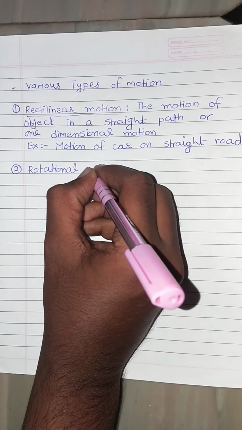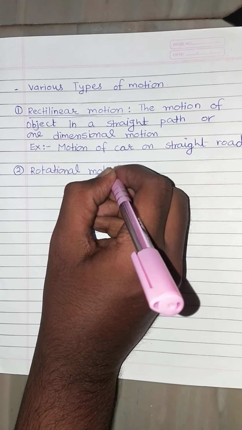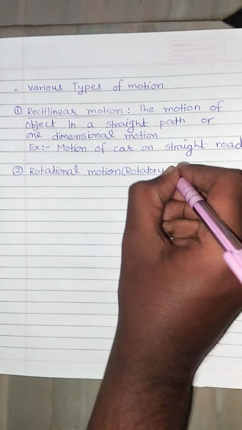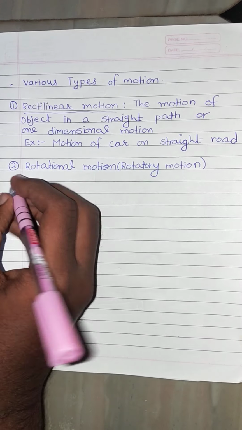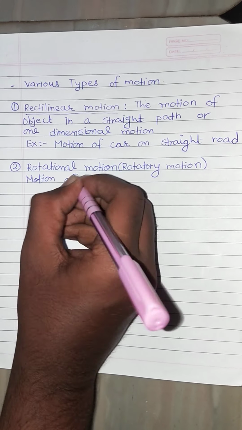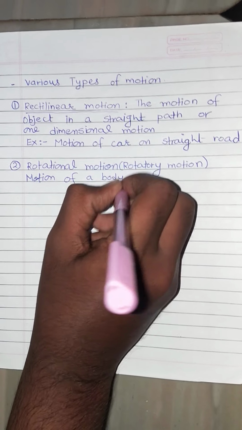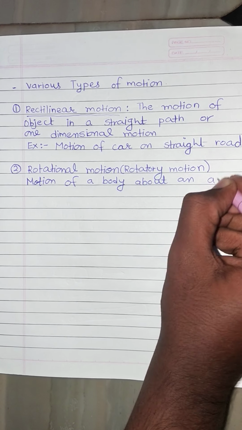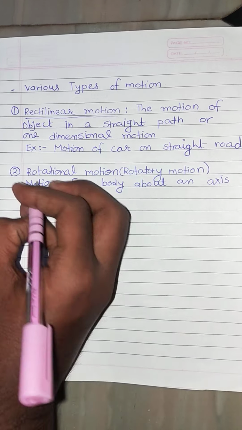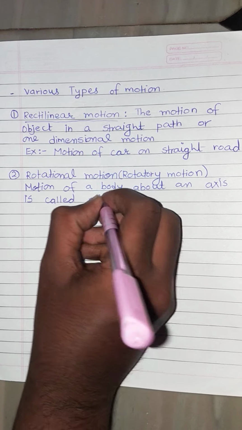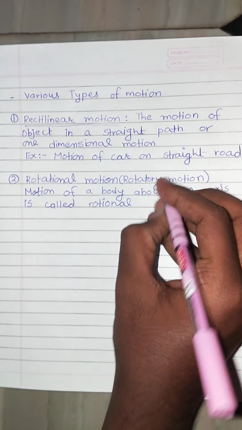also called as rotatory motion. The definition of this type of motion is motion of a body about an axis is called rotational motion,